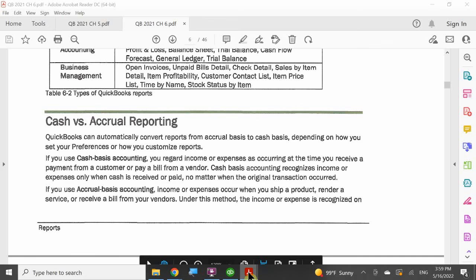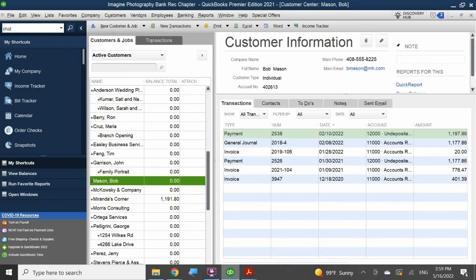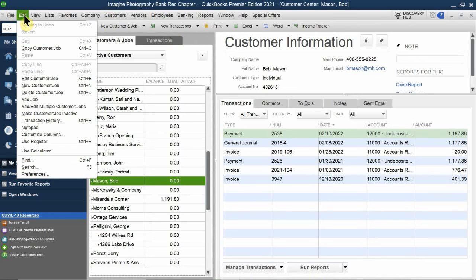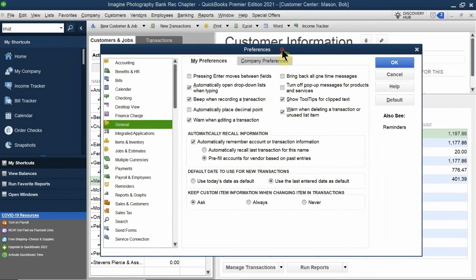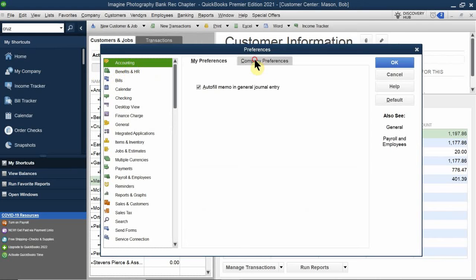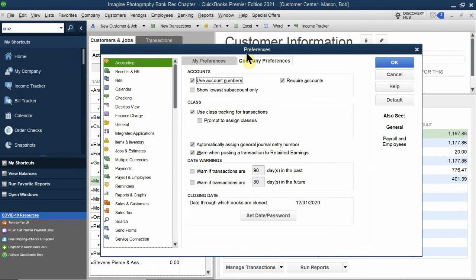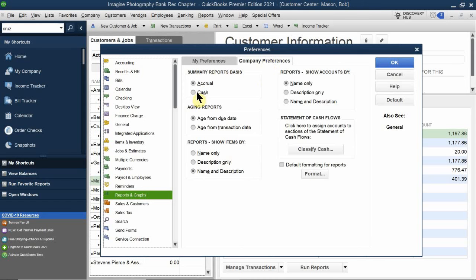So how do I actually toggle that in there? By default, QuickBooks is automatically going to set all your reports, including the way that you run your business, to default settings of an accrual type of accounting. So in this case, when we get to our preferences, you're going to click accounting and you're going to click on company. I'm sorry, you're going to click on reports, my bad, reports. Okay, and you're going to click on company. So here, it allows you to choose. You want the reports and everything that you do in the business to be run on accrual